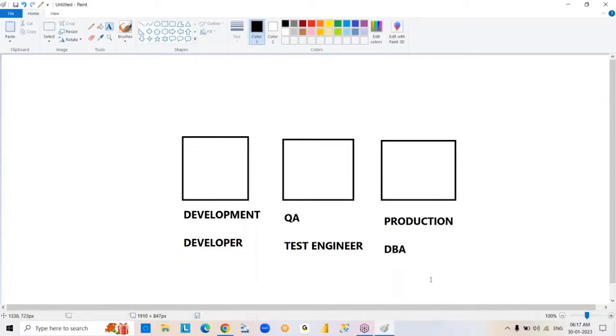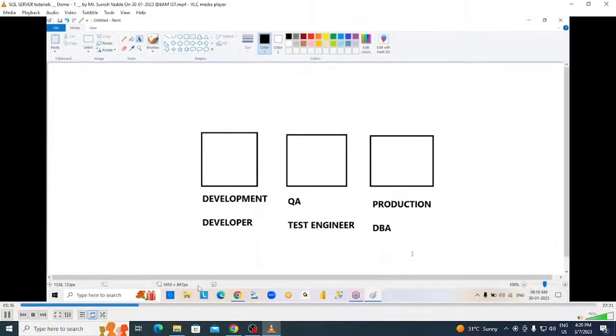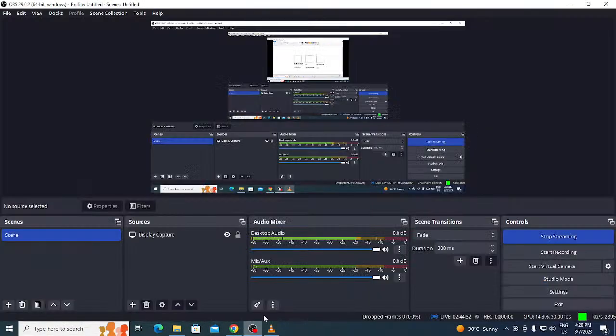They're going to take care of the production server. So in this overall scenario, in the development environment and QA environment, just we are going to work with